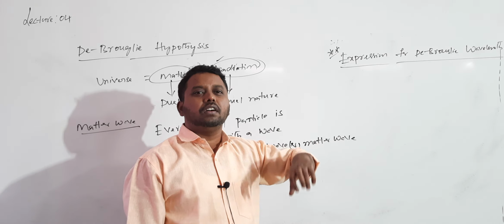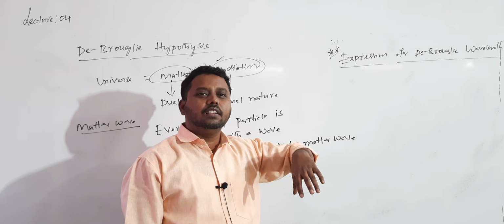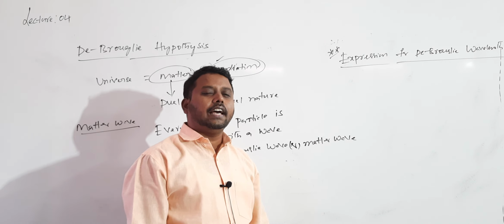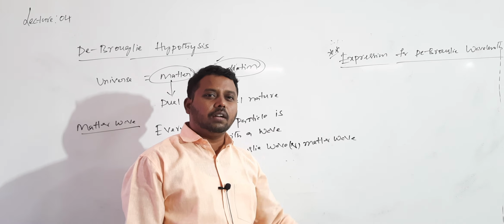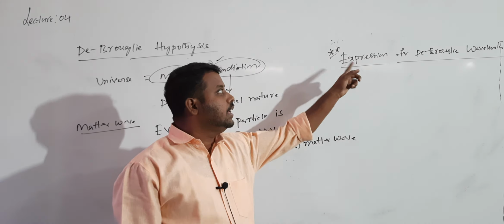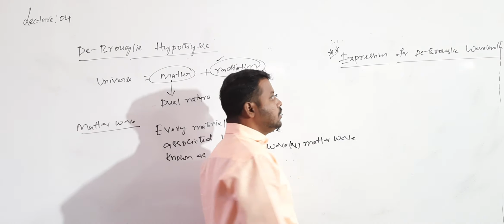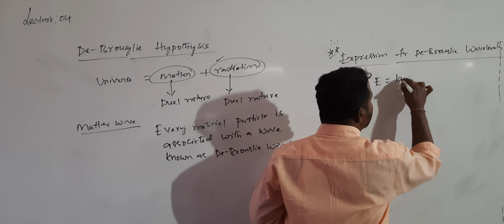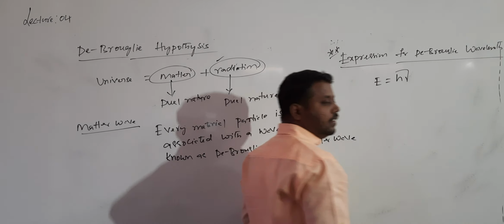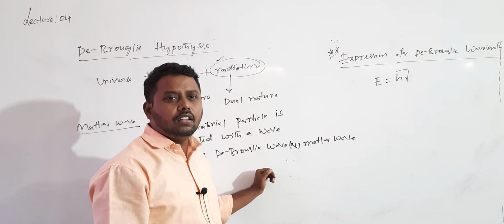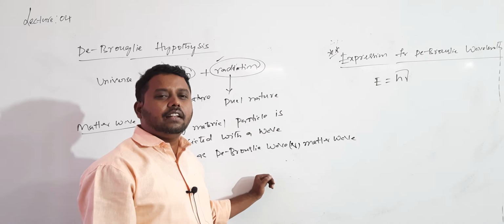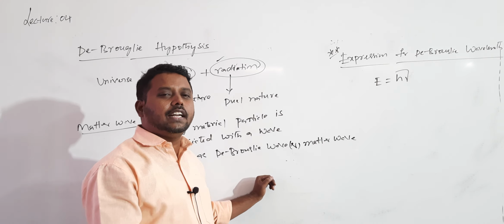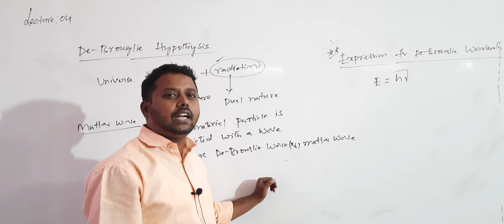The de Broglie concept of the dual nature of matter and radiation explains why angular momentum is quantized. Can you remember that? Now, the expression for the de Broglie wavelength. According to Planck's quantum theory, the energy associated with a photon is given by E = hν. According to Planck's quantum theory, light consists of discrete energy packets called quanta.